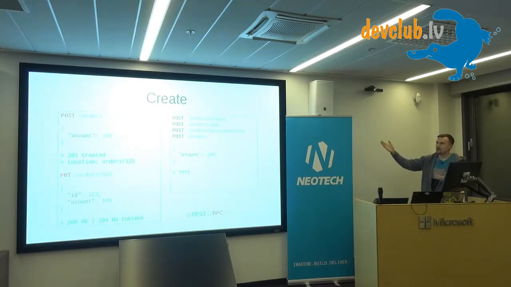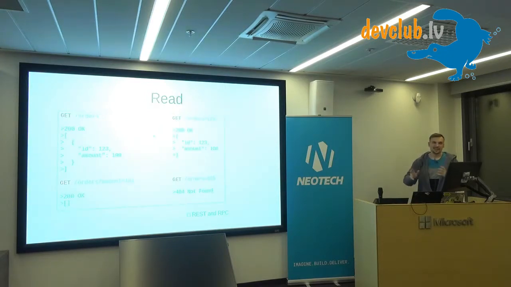The other way is remote procedure call, and in this case, if you want to create something, you can imagine any way to do that. You can use some query params or something. You can use POST combined with query params. You can do a lot of different things. First of all, you have to guess, should it be create, should it be add? You don't know. And the response is also kind of unknown in this situation. Since it's just a call of a function, the function can do anything, and it can return something or not return something. You never know. So in that sense, it's more predictable to use REST or a REST-like API.